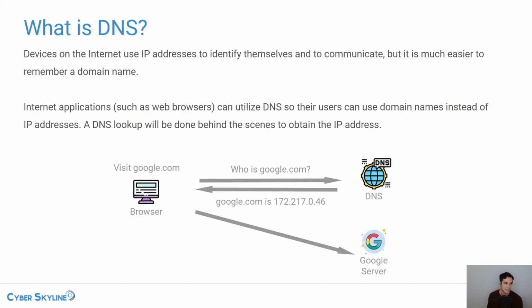And so what you can see here is an example where if you go to your browser, you type in google.com, what actually happens behind the scenes, this is pretty transparent to the user, is that your browser would say, okay, I want to connect to google.com. I don't know what IP address Google has. And so then it asks DNS, who is google.com? And DNS will respond, google.com is this IP address. And then the browser is like, cool, now I will use this IP address to connect to Google services.